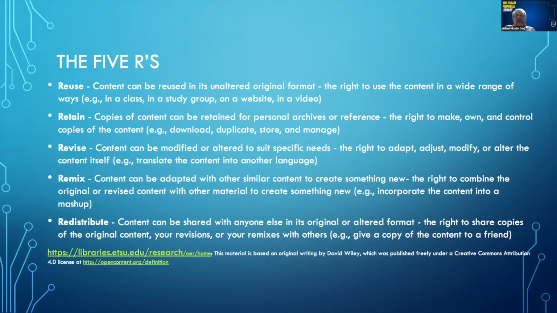Think of if you're a farmer at a dairy farm, and if you milk your cow, you can retain that milk. A procedure like pasteurization would be revising it. And then, of course, all the milk products that could be derived from it would be an example of how you remix it. And finally, redistribution. Is this shareable?